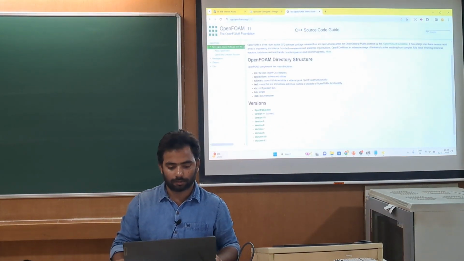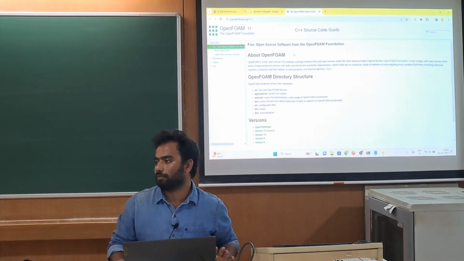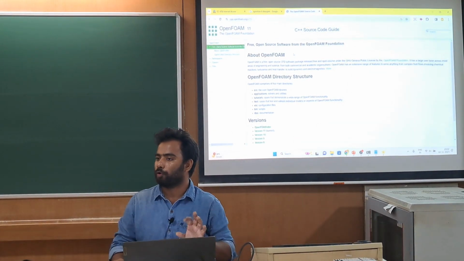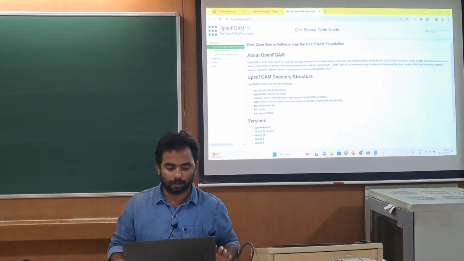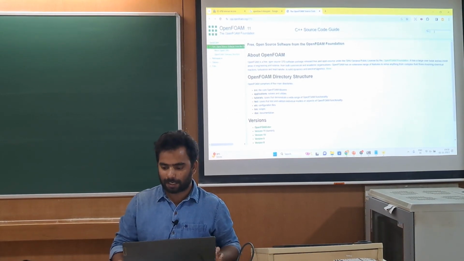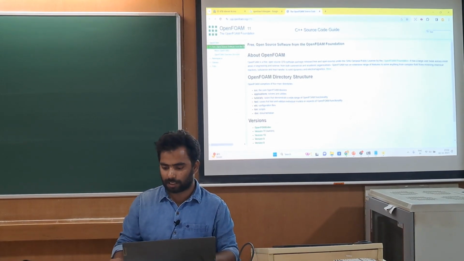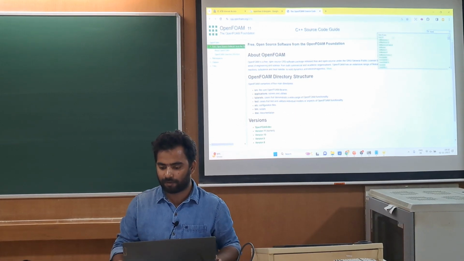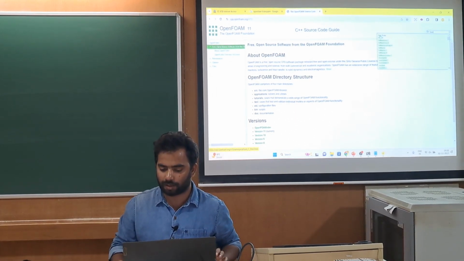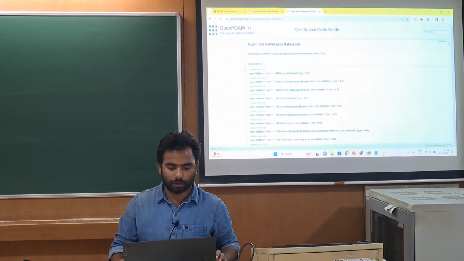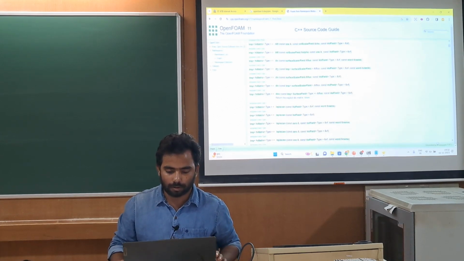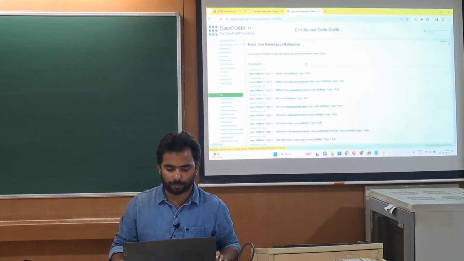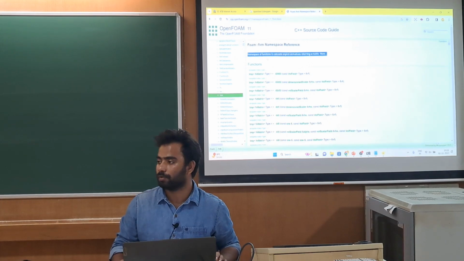You can find the documentation of the programming of OpenFOAM. You can type anything in the search box. For example, if you want to know what FvM is, you can type it here, and you can find the description of these things.